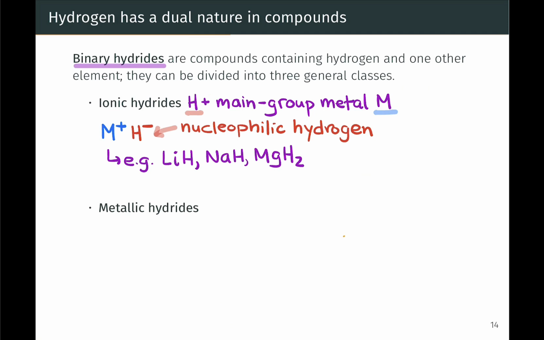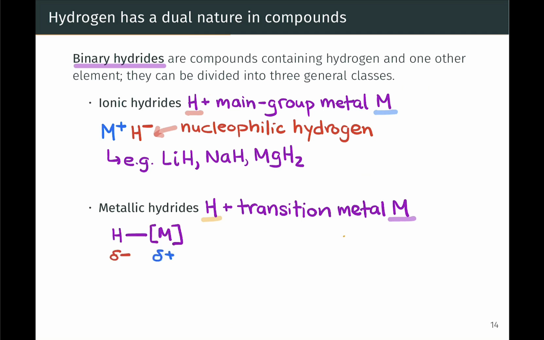And they're generally solids, right? They're solids just like any other ionic compound of lithium, sodium, or magnesium is going to be a solid. The metallic hydrides, the name is actually reminiscent of these ionic hydrides with a metal and hydrogen, but the metallic hydrides specifically contain a transition metal together with hydrogen, and transition metals are not quite as electropositive as the group 1 and 2 metals, and so the situation we end up in here is more of a mildly nucleophilic hydrogen situation,